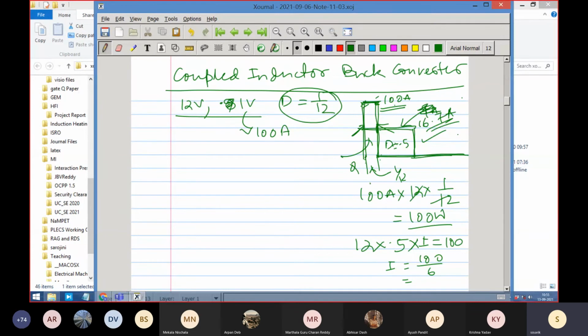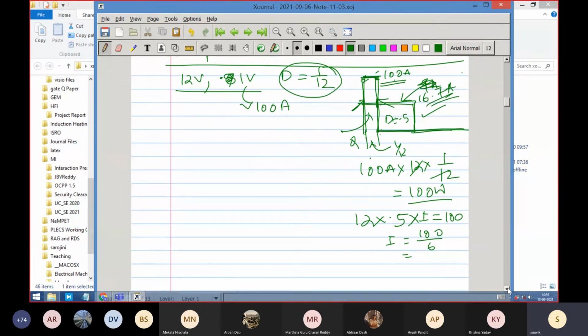So this kind of reduction is possible if you have a better duty ratio. That means you let the device conduct for about 50% of the time. From that perspective, we developed a converter called the coupled inductor converter, where we can increase the duty ratio. Our intention is to increase the duty ratio, because increasing the duty ratio for the same power implies a reduction in the inductor current level and the switch current level, with benefits in the switching loss aspect of the converter, right?